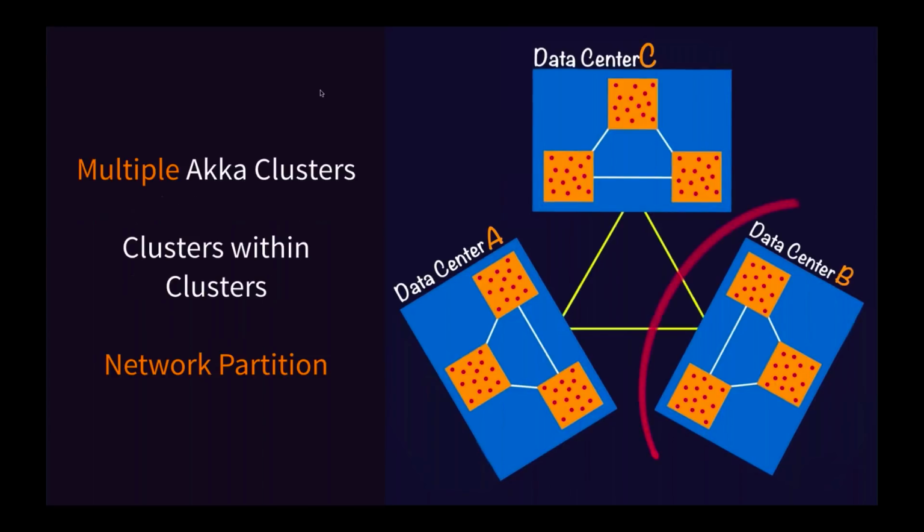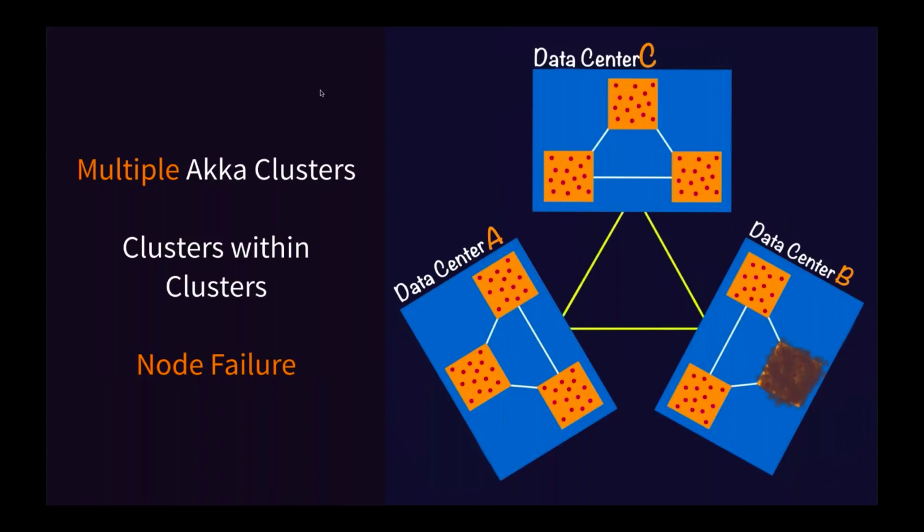Again, the big difference here is that, say, for example, a network partition occurs between data centers A and C and B. So B is cut off, and data centers A and C are cut off from B. Each of the data centers is aware of which members in the other data centers they can see. A can see all three members in C. C can see all three members in A, but neither A nor C can see any of the members in B. B can see itself, but it can't see A and C. So they're all up, but they're cut off. But that's the only reaction that happens with Akka.